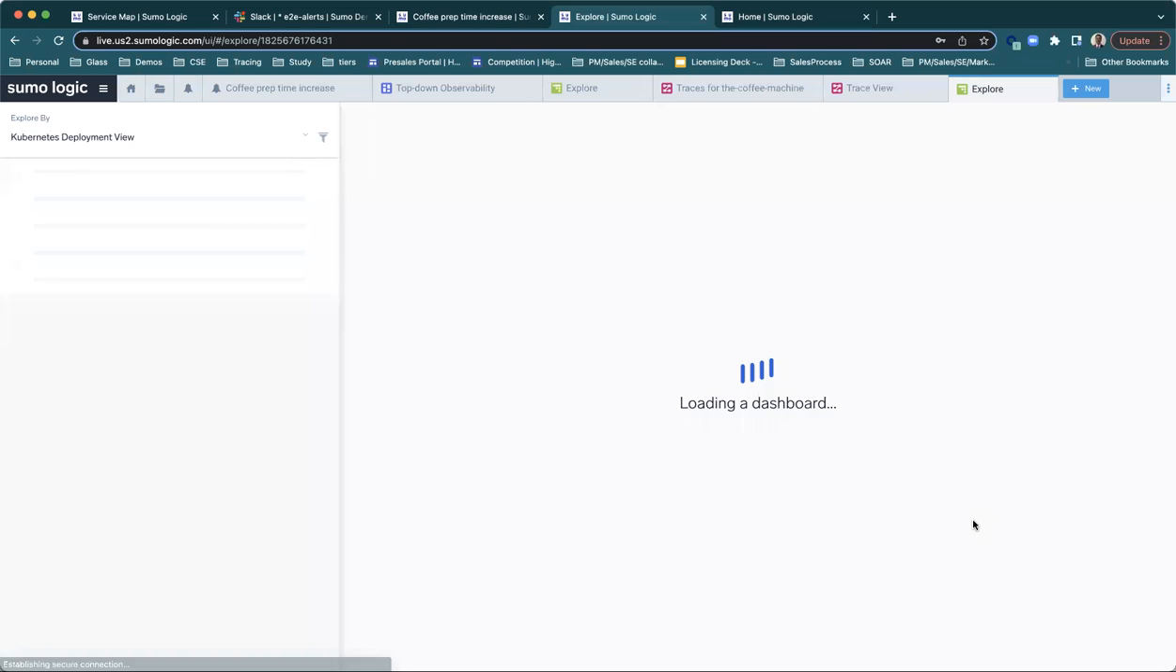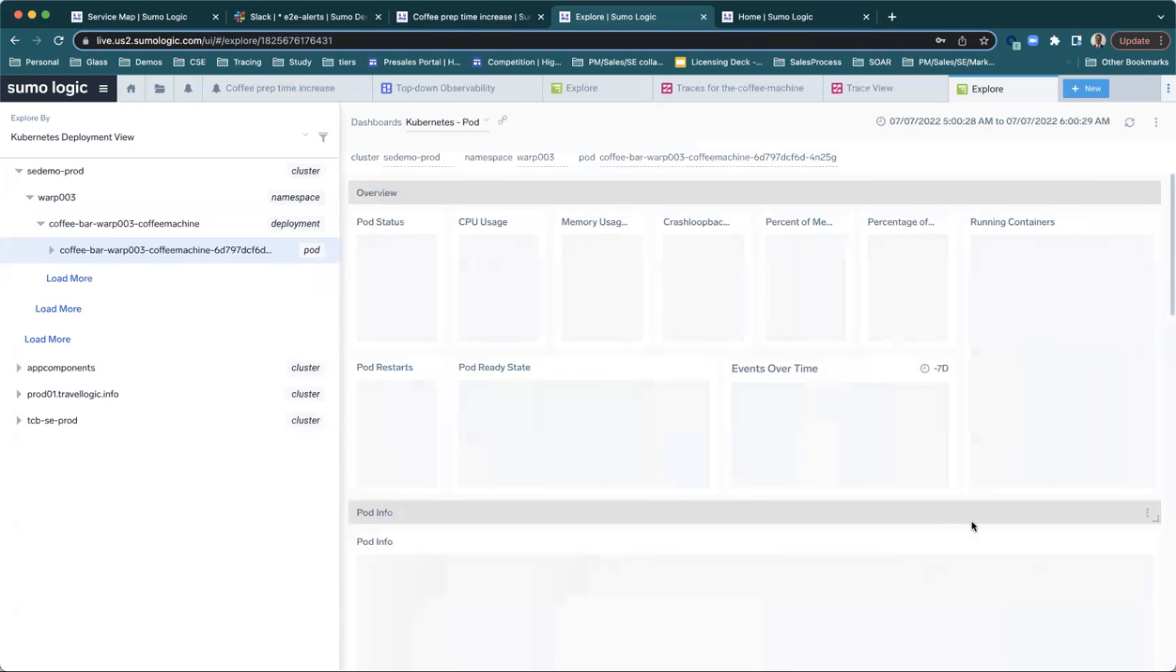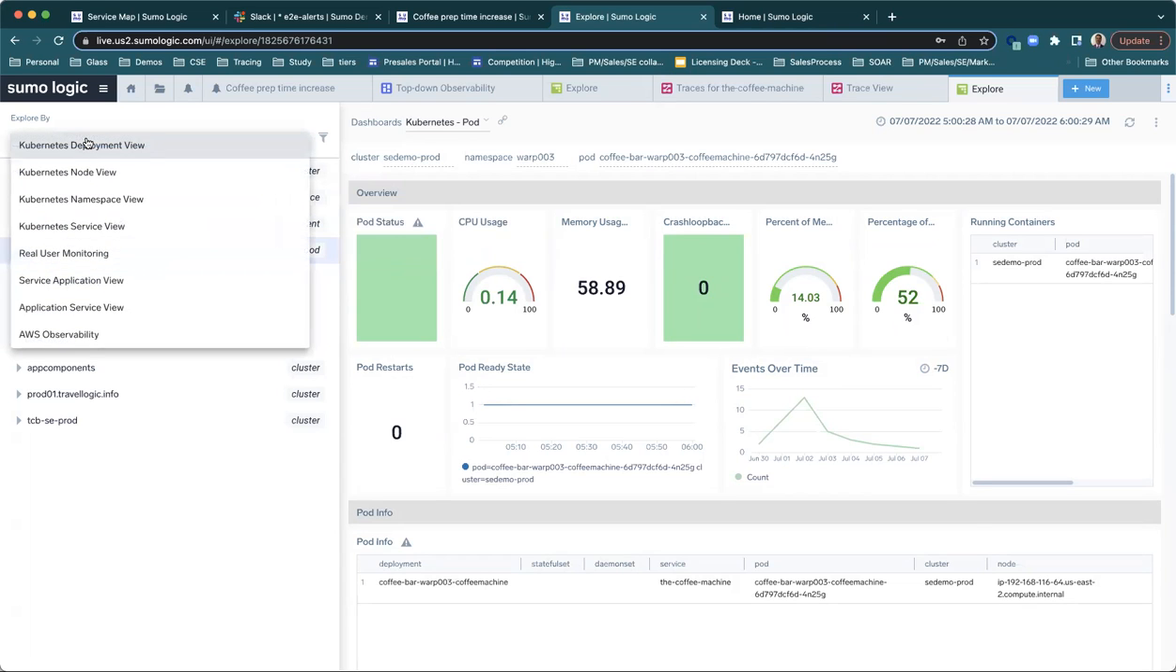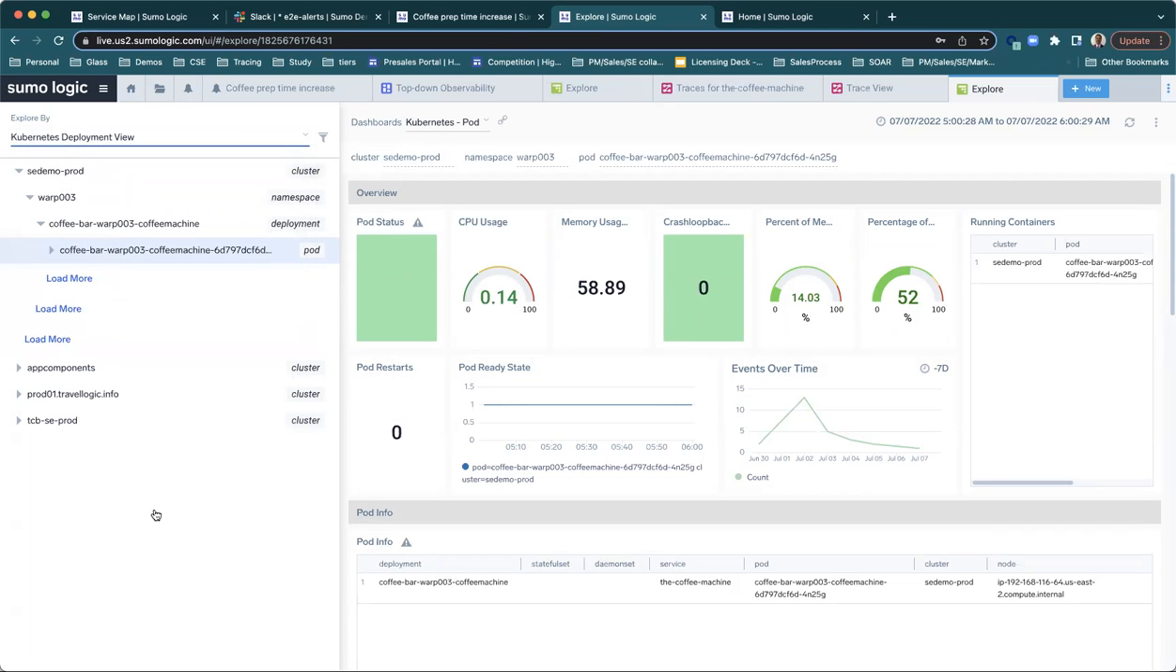So I'm opening up my pod now. Here you can see the Explorer entity, the Explorer opening up my Kubernetes. With Kubernetes, I can look at my infrastructure as part of my service view, namespace view, node view, or deployment view. Depending on what I want to see, I can open my Explorer to view any of these views. So I'm looking at the pod here, and I can see the pod status, which is showing up in